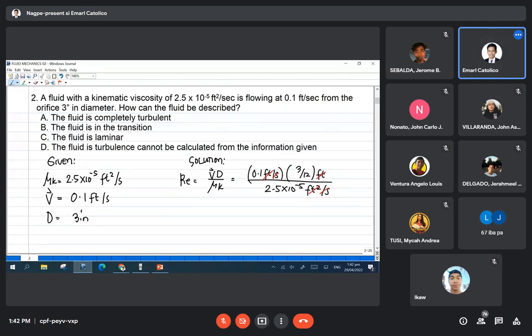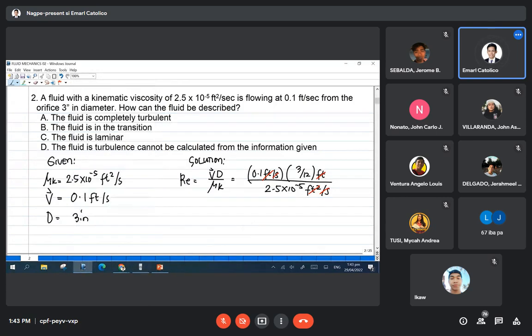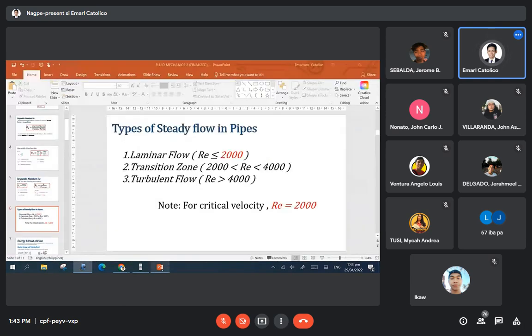Okay. So 0.1 times 3 over 12, over 2.5 times 10 raised to negative 5. Therefore, the Reynolds number is equal to 1,000. So when the Reynolds number is 1,000, it is considered laminar flow because it is less than 2,000. Therefore, from the choices,